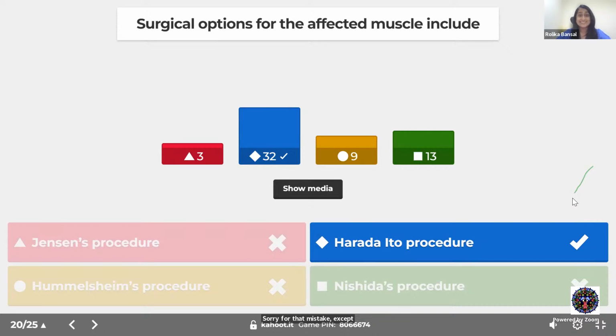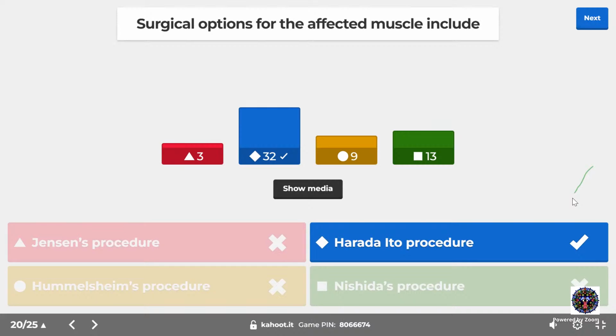So they still knew the answer. Yes, so this is typical sixth nerve palsy. That's a very easy question. Mainly I wanted to put this answer because you should know the surgical options for sixth nerve palsy. You should know the named procedures, because sixth nerve palsy is one of the commonly asked questions in theory as well as